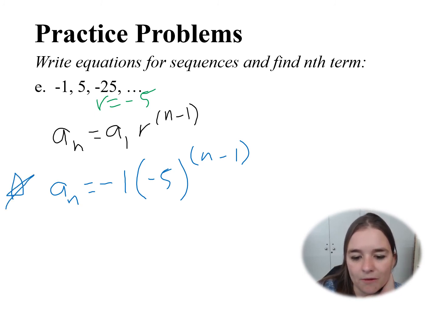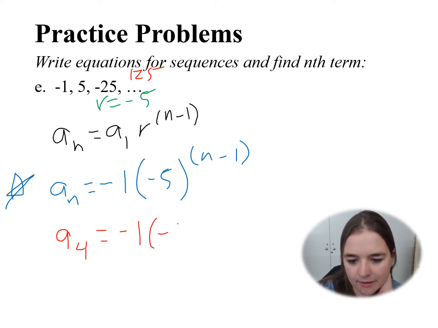I want to know what the fourth term will be. Well, if I look up at my sequence, I know that my pattern is multiplying by -5, so I can find the fourth term by doing it that way, and I should find that it's 125. But let's practice using our equation for our sequence. I want to know a sub 4, the fourth term in this sequence. So I'm going to have my first term times my common ratio raised to the power of that n value